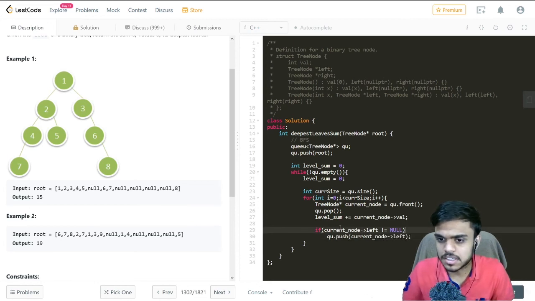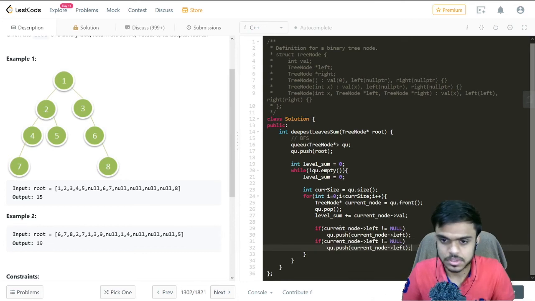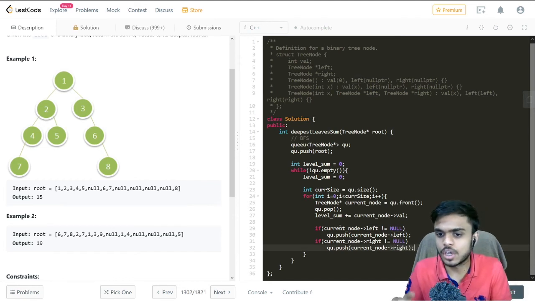Okay, and a similar thing we need to do with the right child too, so we'll just copy and paste. We'll do current_node of right, check if it's null, and if it's not null, we'll push it back into the queue. So now we are almost done.